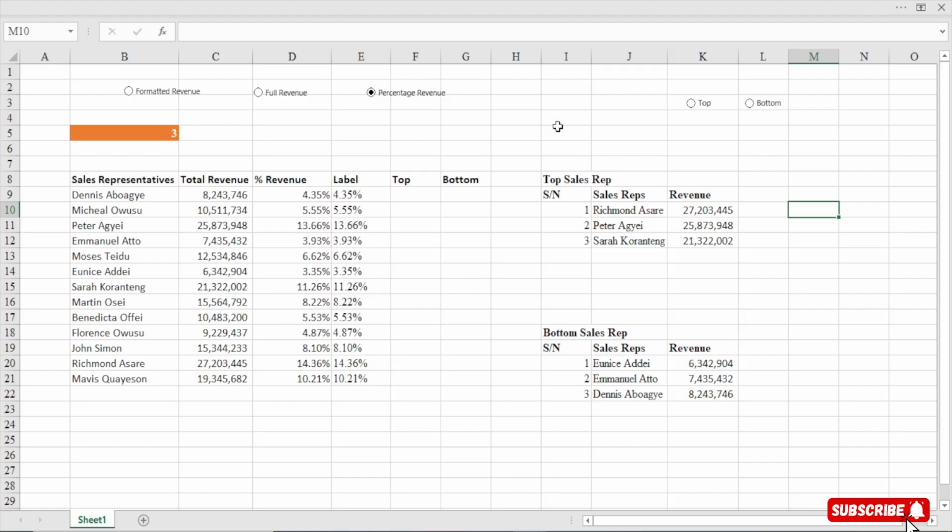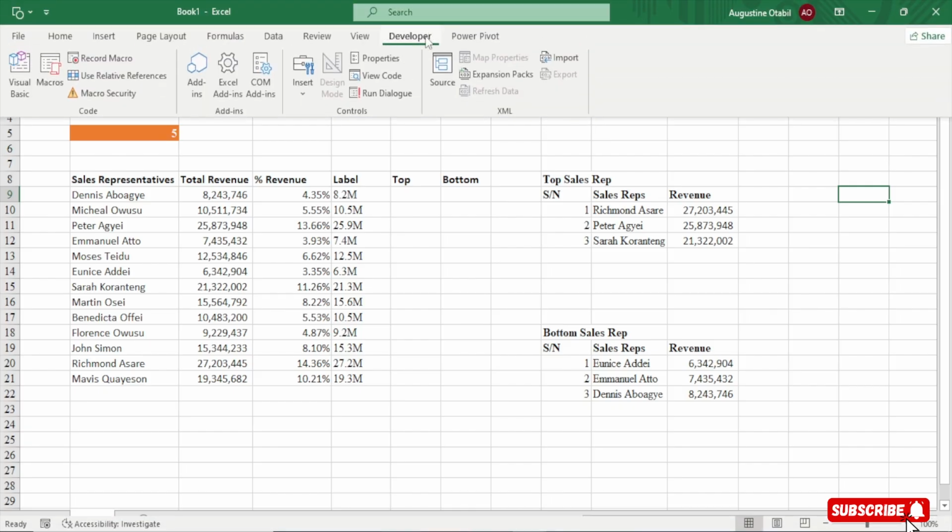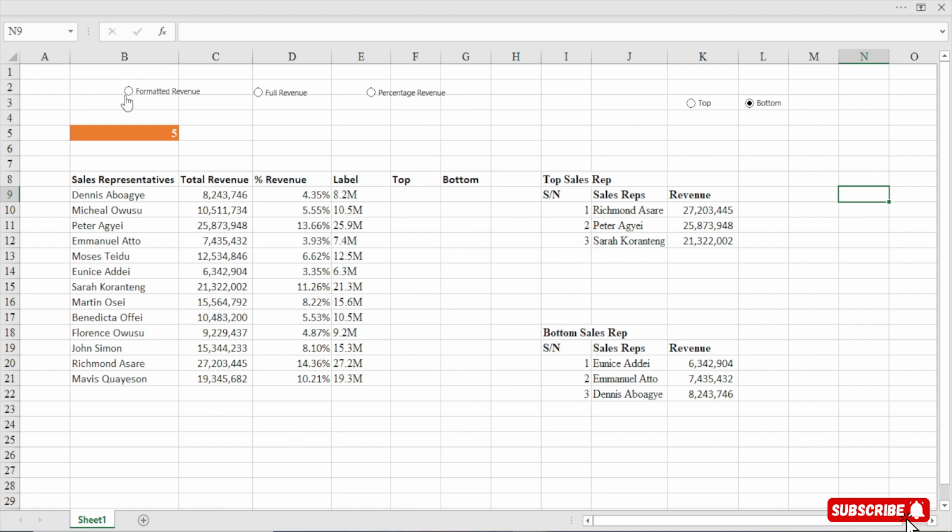Perfect. Now watch here. The moment we do something like this, it means that Excel recognizes this as a continuation of this. You see, this one is 1, 2, 3. This should be 1 and 2, right? Because this option button is different from this, but Excel doesn't know that. So watch here. When I select top, this one will become 4. Do you see that? When I select bottom, this one becomes 5, right? I don't want to see it that way. So what I'm going to do is I'll just select this one, right?